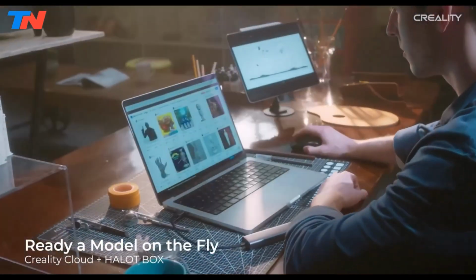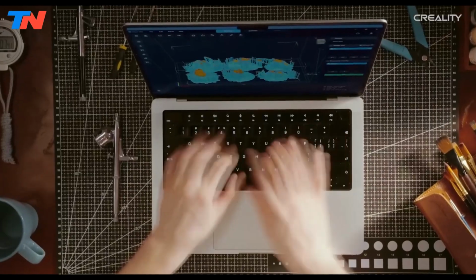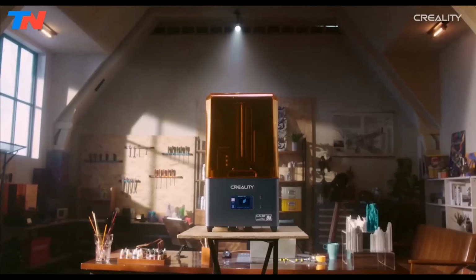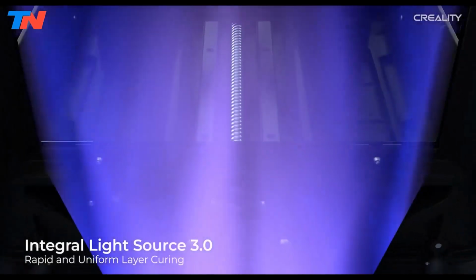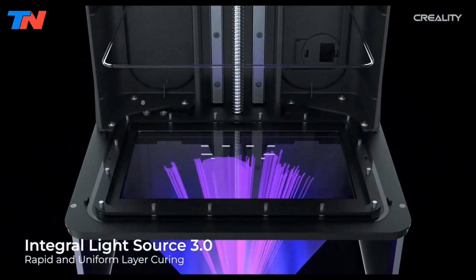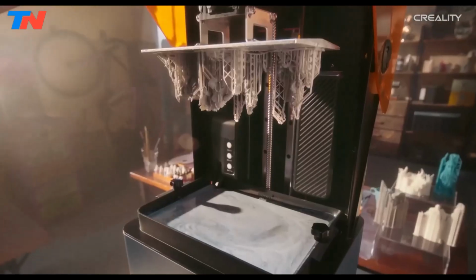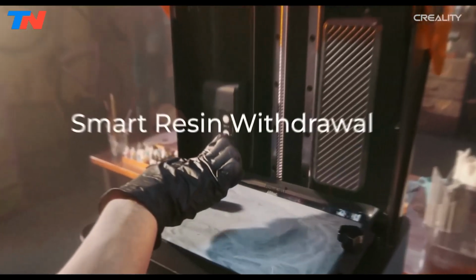Designed for use with castable resins, it's perfect for artists, jewelers, and small-scale manufacturers seeking to produce high-precision molds that can be replaced with actual metal. It features lightning-fast curing, sharp detail resolution, and smart app control, making industrial-grade resin printing accessible in a compact, user-friendly